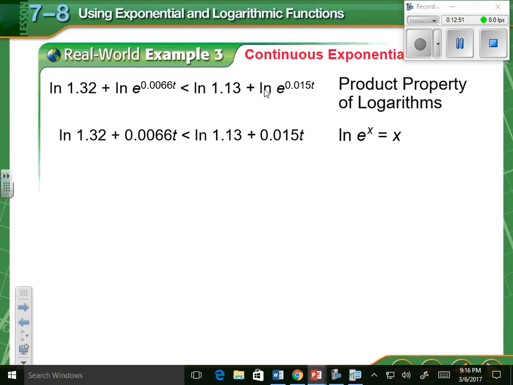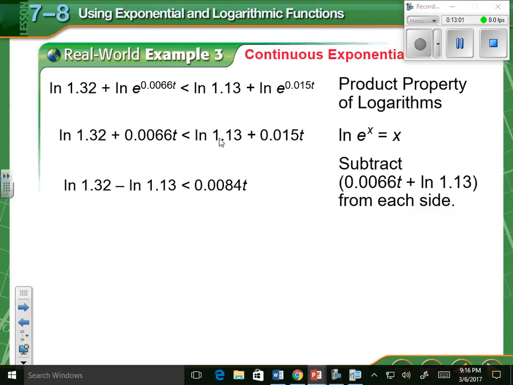Same thing over here, natural log of e cancels, and we bring down the exponent, 0.015t. Subtract off the natural logs, subtract 0.0066t from the 0.015t,